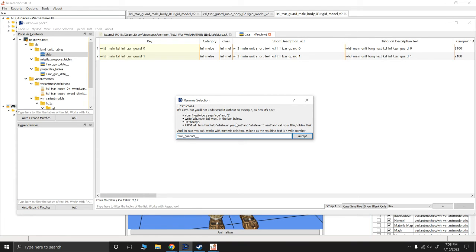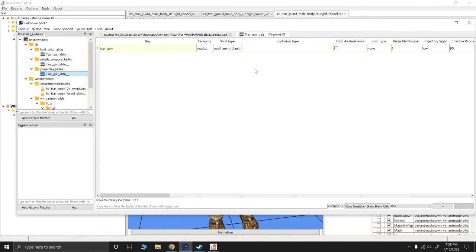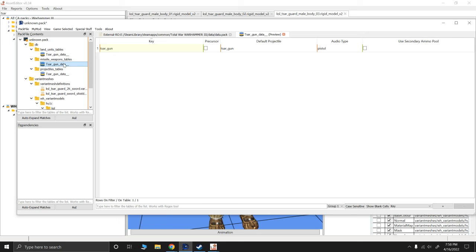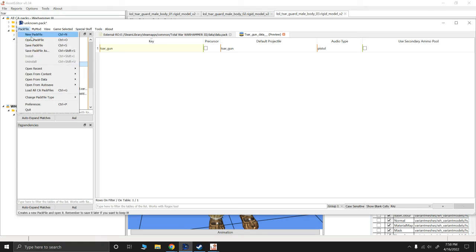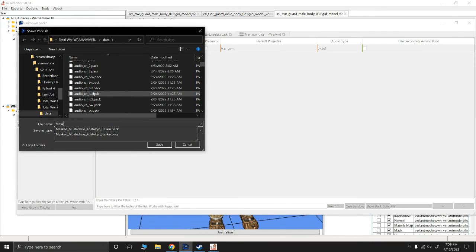Tzar Gun. Okay, so I have them with a gun. I have them looking like they have the gun. I have the projectiles all set up appropriately for them. And yeah, I think that's all I need to do for these guys. So what I'm going to do is I'm going to go ahead and save my pack file as like masked mustachios,